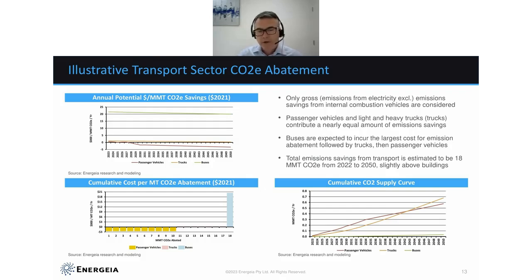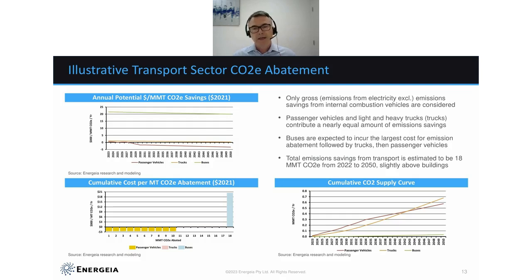Now, when we bring it all together, you see here that we've got negative costs for converting passenger vehicles. This is considered on a life cycle basis, and that's really important to understand, because folks don't buy on a life cycle basis, and it may be that people buying it initially are going to pay a premium, and it's only over the lifetime of that vehicle it pays off, and that's got important policy implications for how you may want to incentivize the activity. Trucks is a net cost, but it's a small net cost, and you see buses here are at the end.